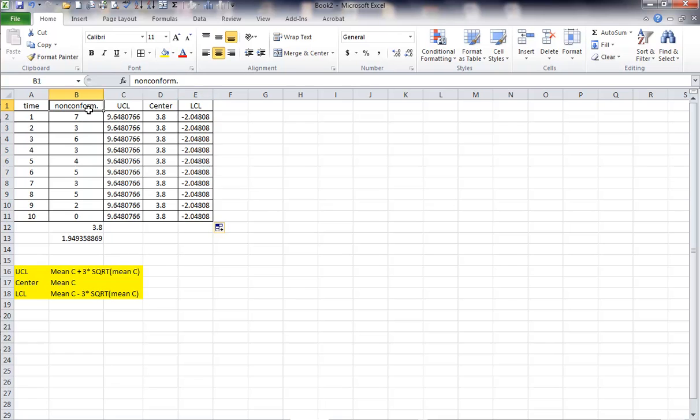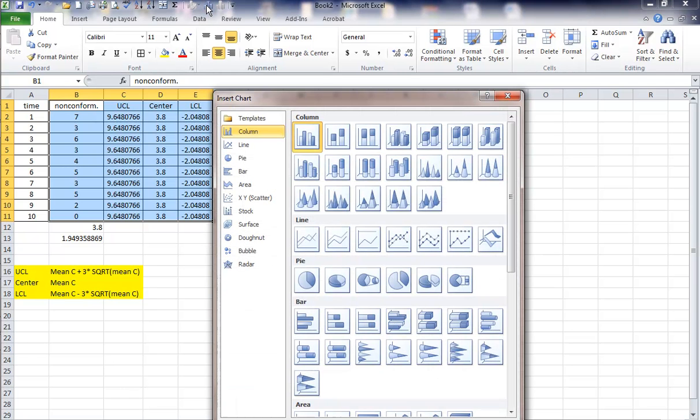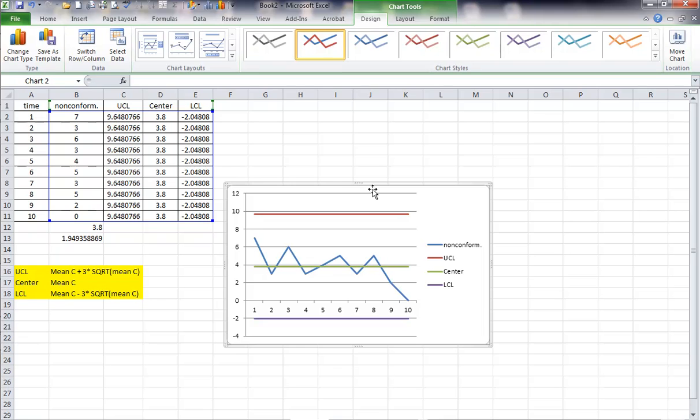With that, now I'm ready to create my C chart. Go to Chart Wizard, select the line chart option, and say OK. And here's your C chart